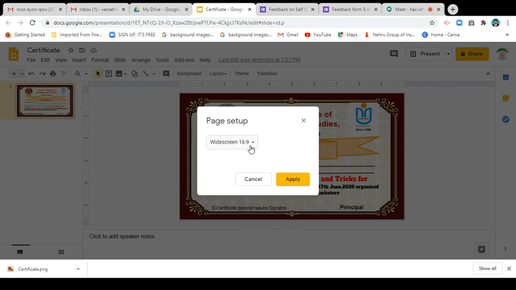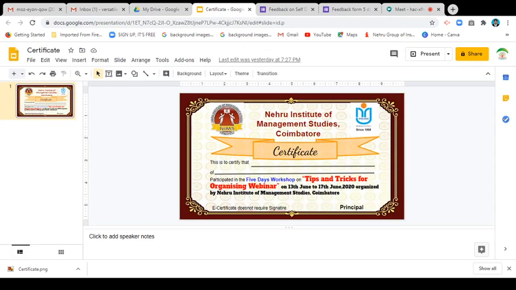Okay, that is 16:9. Okay, good. So now where do we go for page setup? Here, the Page Layout. You click Page Layout.